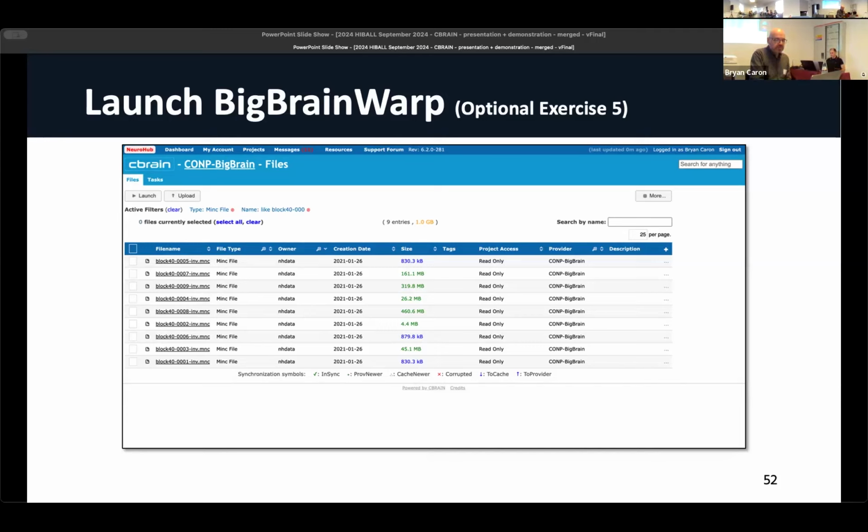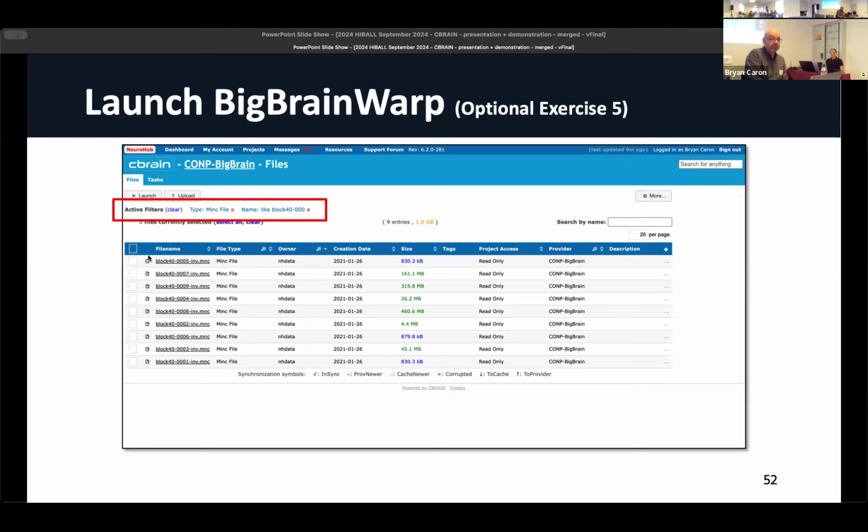Okay. So in this case, we're going to jump a little bit ahead here, but what we're going to do is create another filter. So what I'd like you to do is go back to that data set for the CONP BigBrain, right? You should be able to find it in the list, or if you type it in the search box on the right-hand side. Okay, and what we're going to do is create what we call a filter. So again, if you're not getting this same view, you just go into the search box on the right-hand side, type CONP-BigBrain. Okay, and then you'll get, again, that list of 317 files.